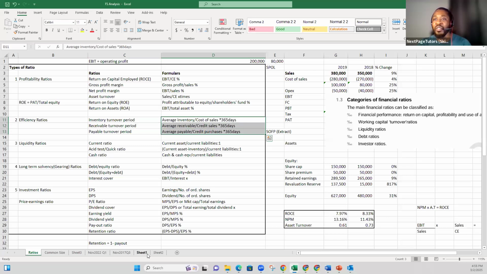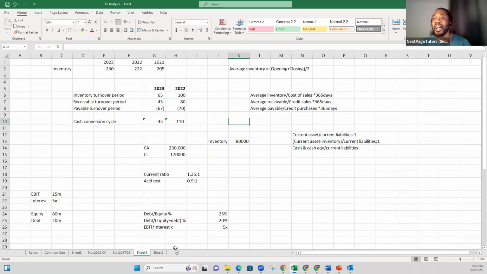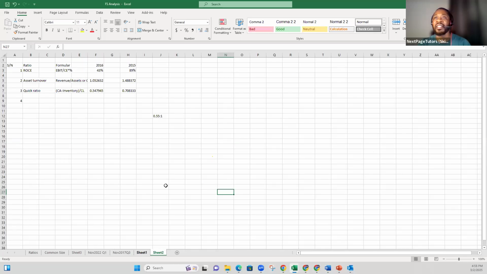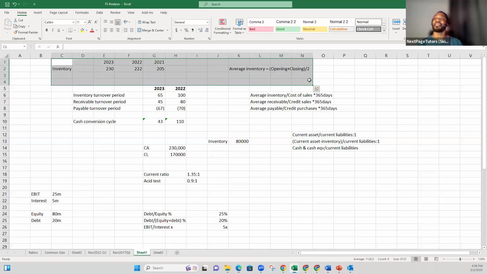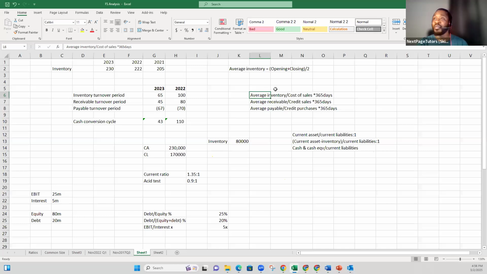I hope that is clear. Let me go back to that sheet. The average now. I hope that is clear. Average inventory, because I want to go to the denominator. Okay, so I want to believe it's clear. Now, on the denominator, we said cost of sales for inventory. That's always clear. If you get your cost of sales, just use it to divide your average inventory to get